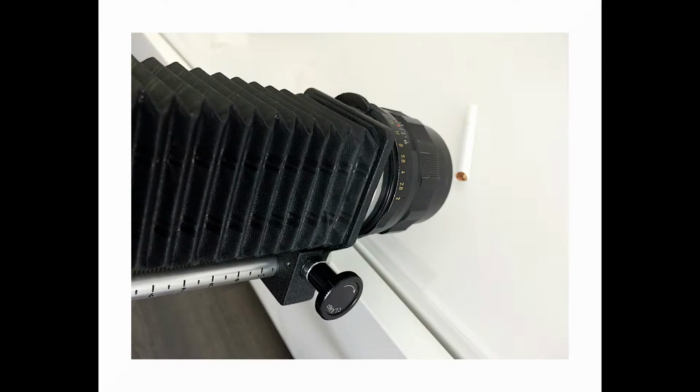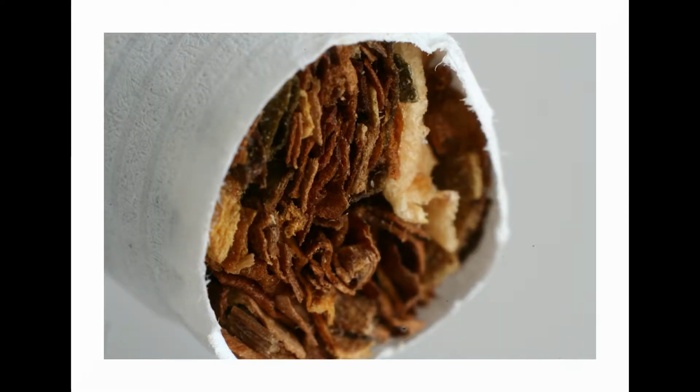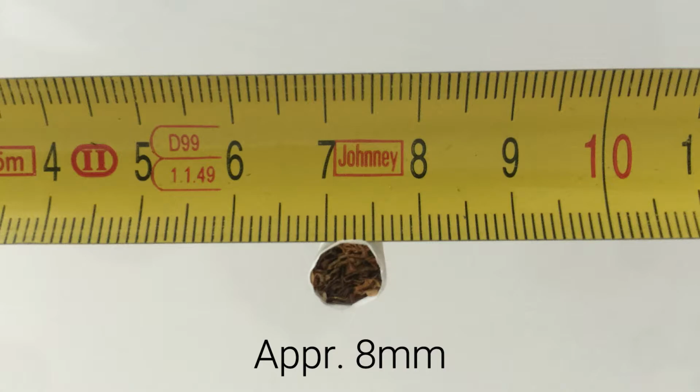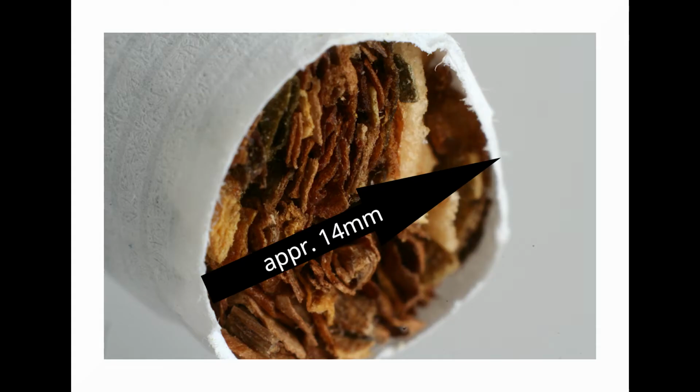Well, as you can see, I photographed a cigarette, and this is more than a 1:1 ratio. I know that my sensor horizontal size is 22 millimeters, so I have a reference. After taking the photo, I measured the real size of the diameter of the cigarette, which is 8 millimeters, and